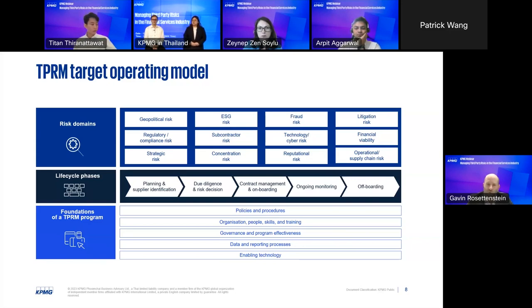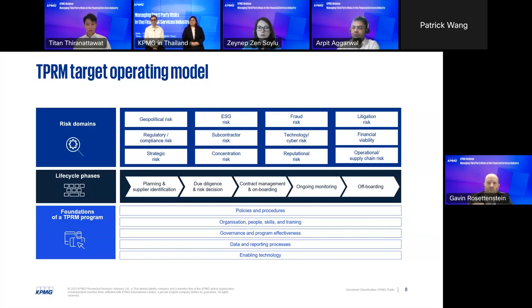So you might find there will be areas where you may want to go deeper as it relates to technology or cyber risks, depending on the nature of the service. It might be, for example, a cloud provider, and you want to understand those specific risks at a more detailed level. Or there might be a service provider, as Nan was saying before, that may have multiple fourth parties or other parties that are involved in the delivery of their service. So you want to understand, for example, subcontractor risk or fourth party risk. So how are they managing and governing it, and how are you aware of the risks that are there? And again, how are you managing and governing it?